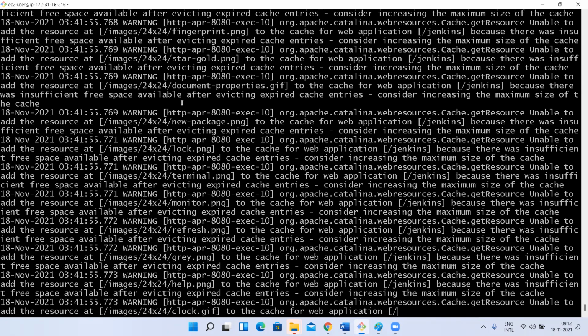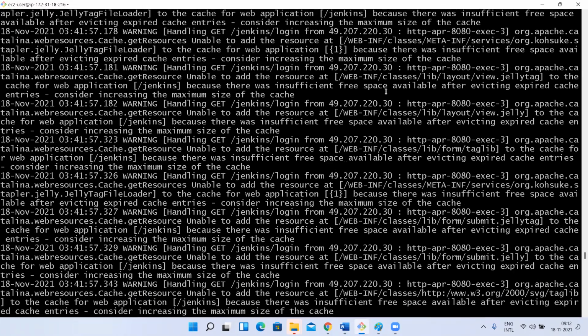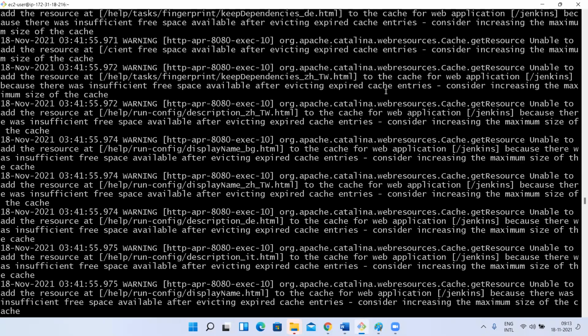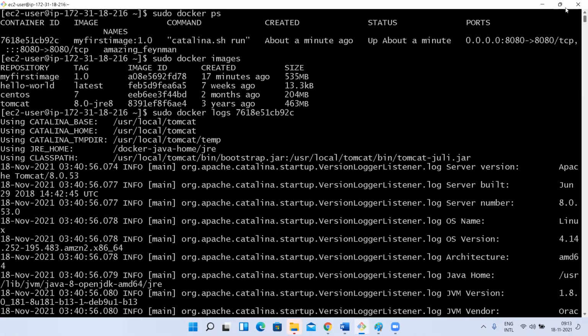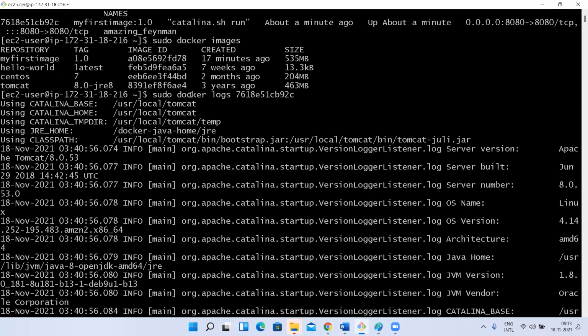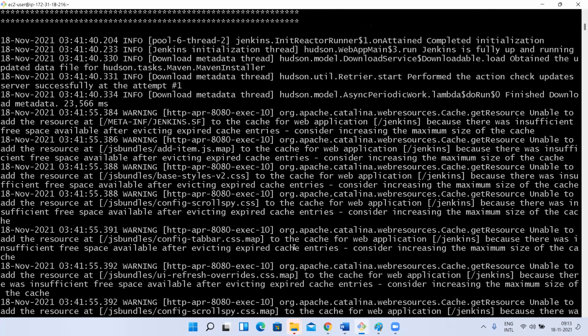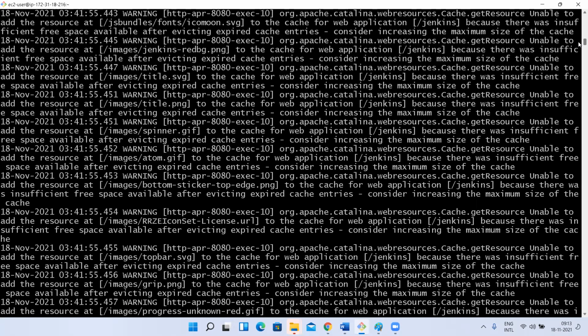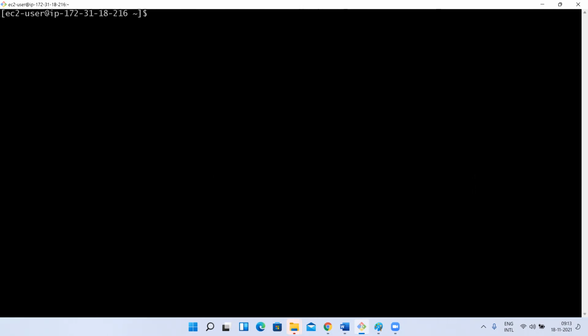You see here, these are the logs printed. While starting or creating the container, these are all the things that have been executed. If you see at the start of the container, it is saying sudo docker logs, and you see here it has been set. This is how it will start, right? When we start catalina.sh or startup.sh, when we start the Docker container, this is how it is going to print. It is going to start your Jenkins or Tomcat like this. So it has been doing all these actions. This is the proof that catalina.sh has been executed. You can see that command has been executed.